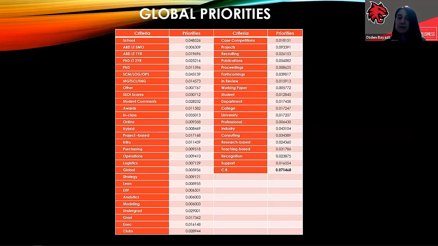So once we completed the pairwise comparisons, those are all the global priorities for the sub-criteria. Obviously, it was a very time-consuming process to finish all these priorities, but we ended up with a 0.07 consistency ratio, which is pretty good.